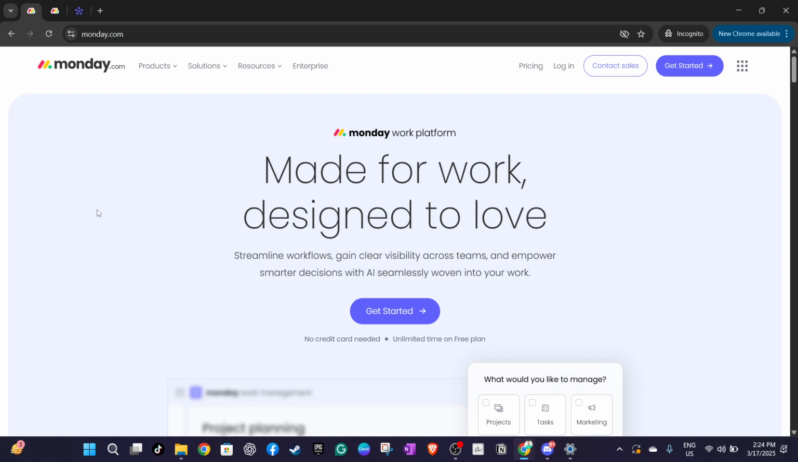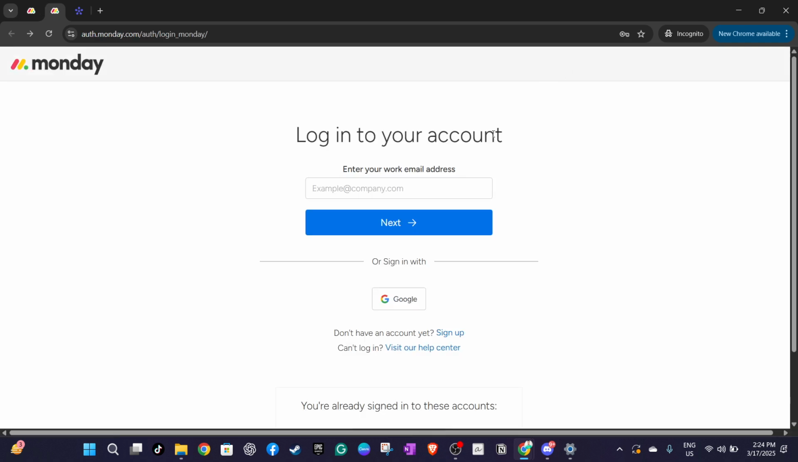So let's get started. First, you're going to need to visit Monday.com. Once you're there, look to the upper right hand corner of your screen and you'll see the option to log in. Click on this and you'll be prompted to enter your credentials. You can also choose to sign in with Google if you prefer. If you opt for this, simply select the email address you wish to use and you'll quickly be redirected into